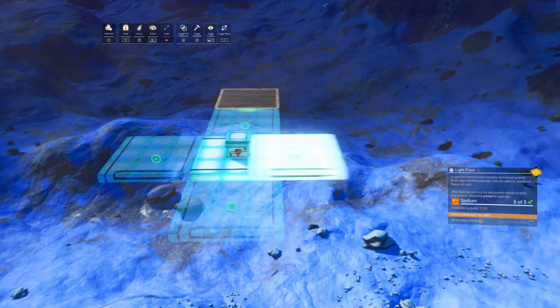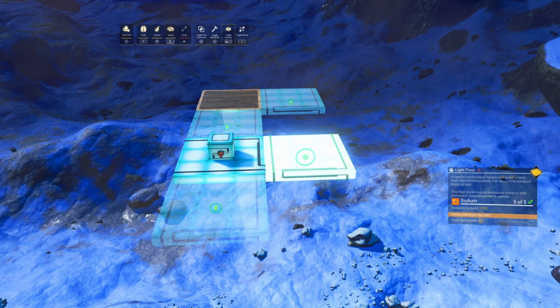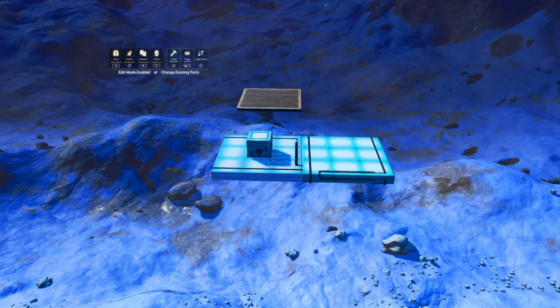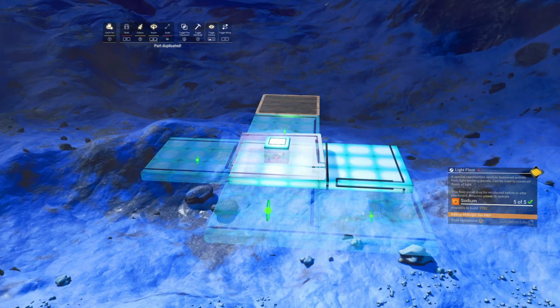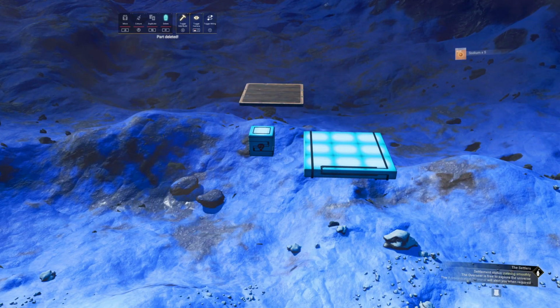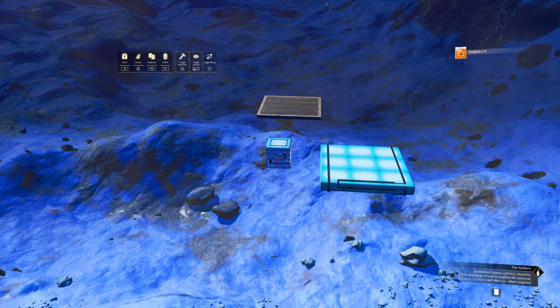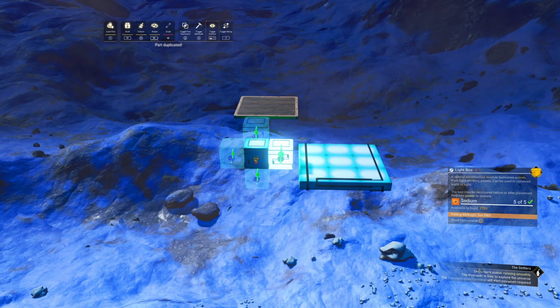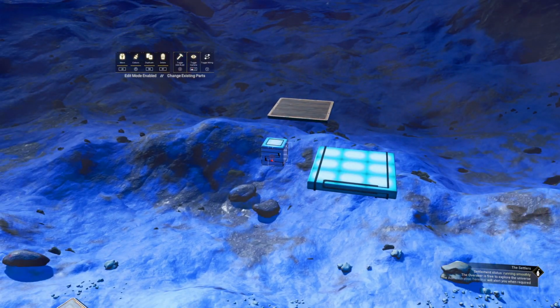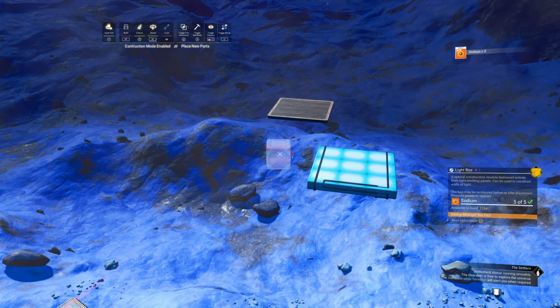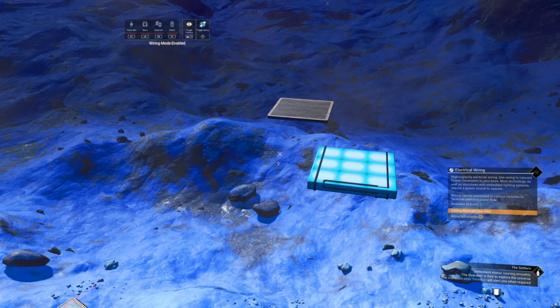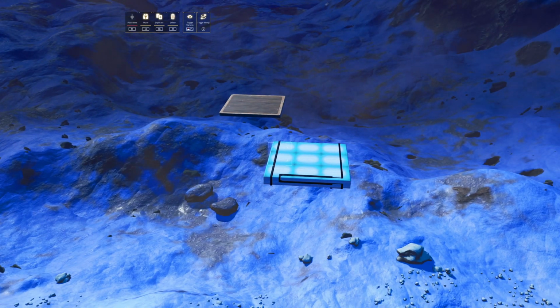First of all, we want to rotate our light box, we want to store it in the menu, copy our light floor